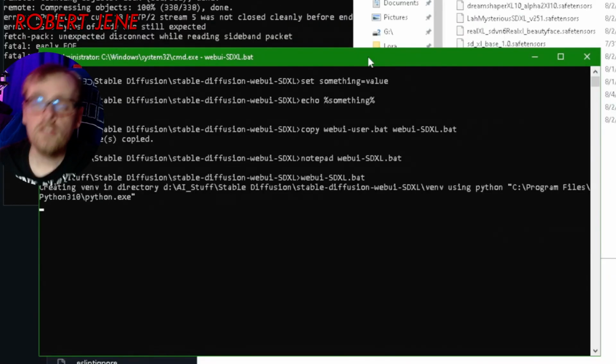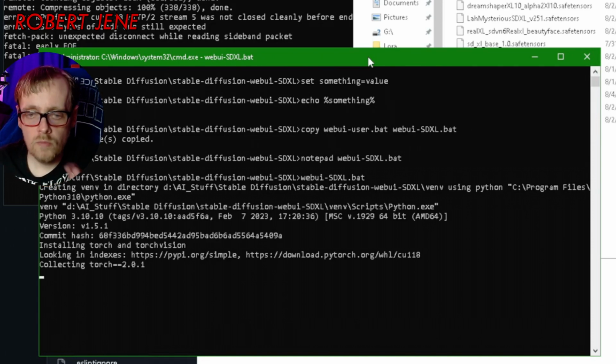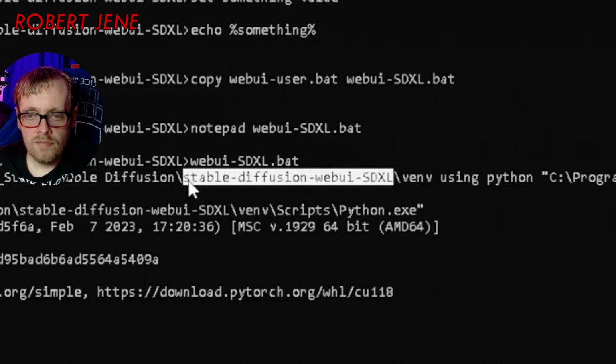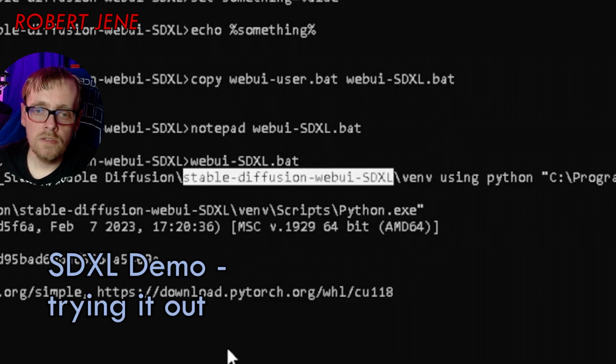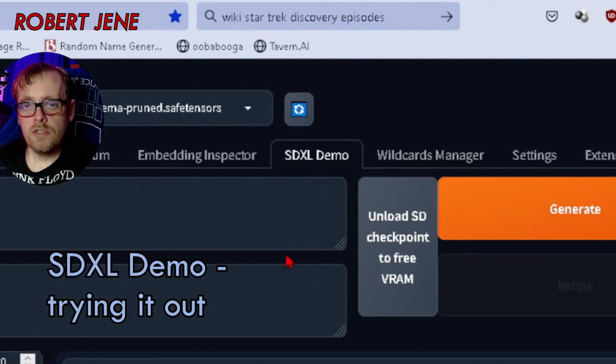webui-sdxl.bat and hit enter. And this is what actually installs Stable Diffusion to whatever folder you ran it in. Because you see here, I ran it in that folder that I renamed ahead of time. This is why you want to run it after you clone the repo and then rename the folder. So my web UI with the SDXL demo showed up, and I'm going to show you something that I thought